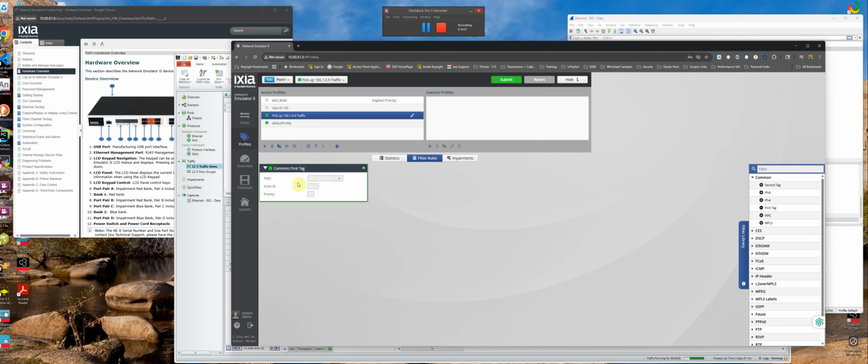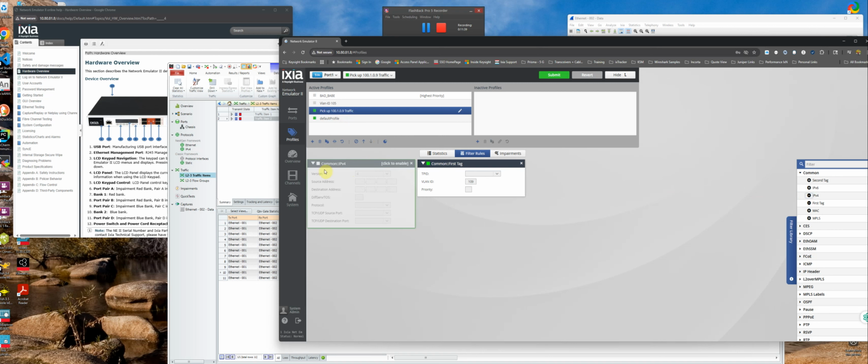As soon as I have a profile that has filters and the statistics is running, and the statistics is picking up something, I know that I picked up the correct traffic. Now, to make sure of what I am picking up, I can add another filter. This is going to be an AND. For example, I'm going to put in IPv4 here, and I say common v4, and I'm going to say it's